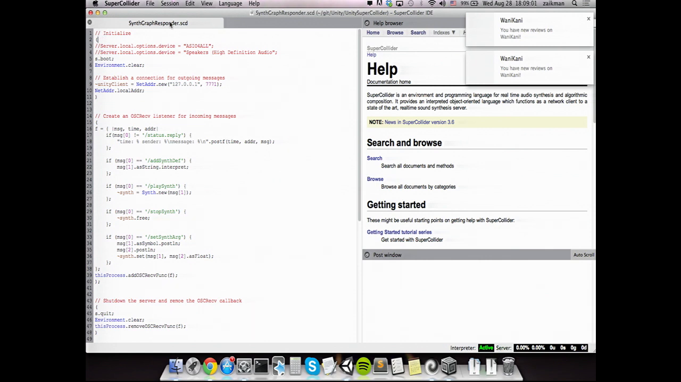This file that I have open is synth graph responder. It's a proxy script that I wrote, and it's what handles sending and receiving OSC data into Unity. So first we're going to boot up the server. Running these 4 lines of code just tells the server to boot, clears the environment, and gets it ready for